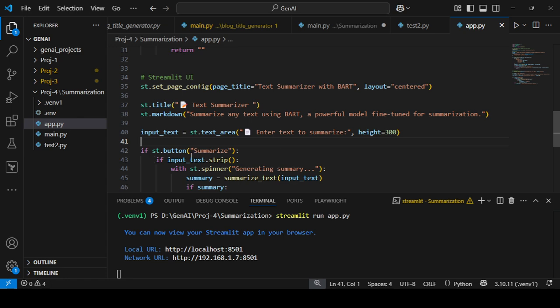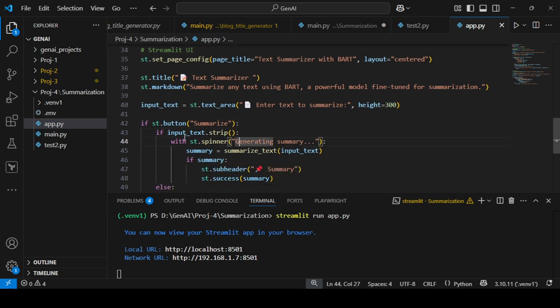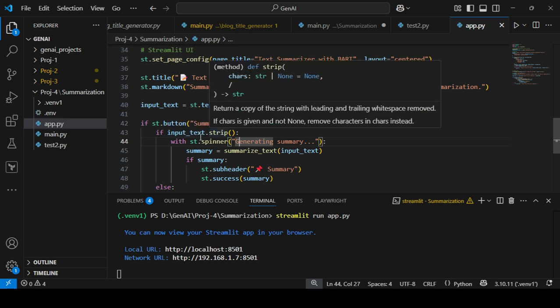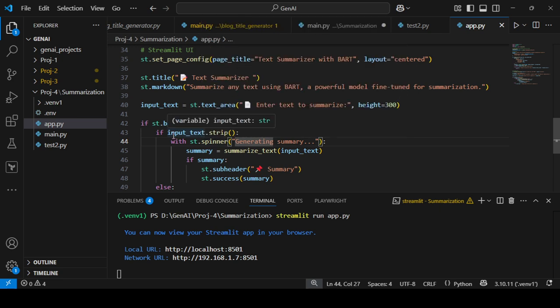And if st.button summarize, means once this button is clicked, it will check one more condition. input_text.strip means first it will remove the extra spaces from the start or end of the paragraph from the input sentence. Then it will create the summary of the input text. So it is calling summarize_text, which we explained before, that is the main function which will summarize your text.